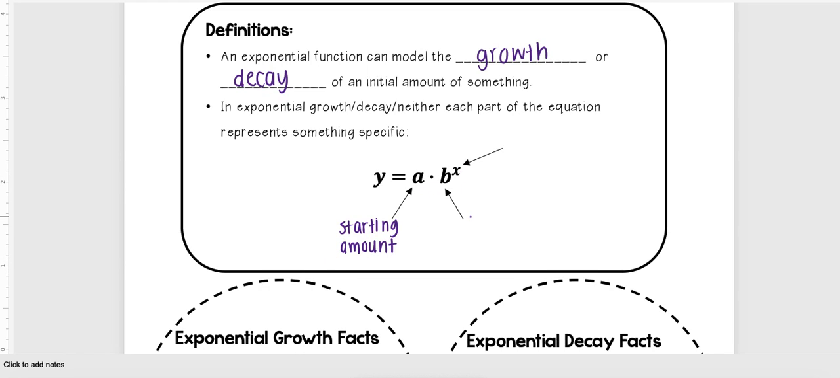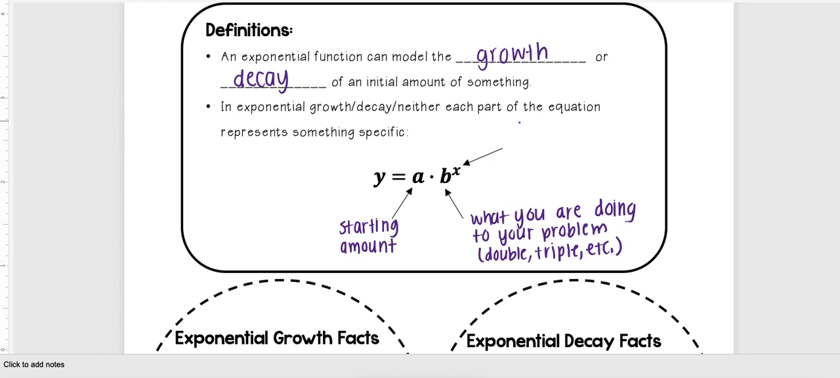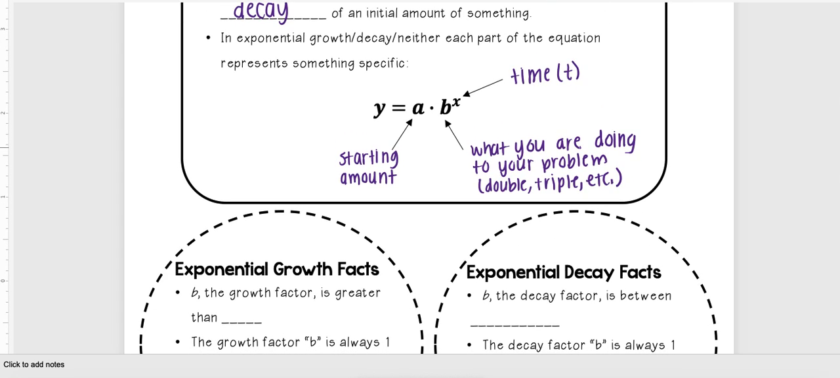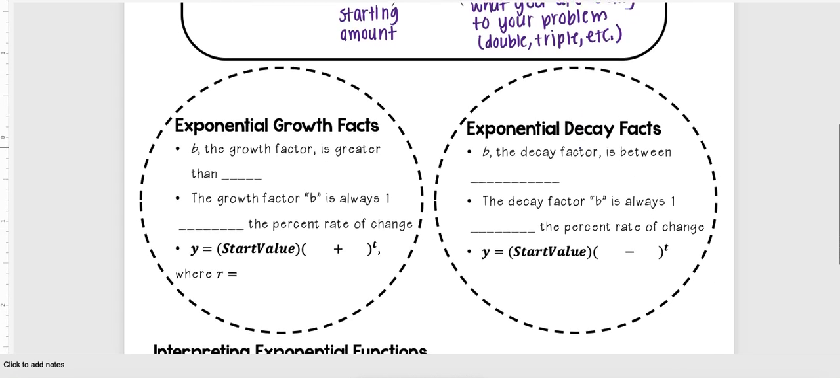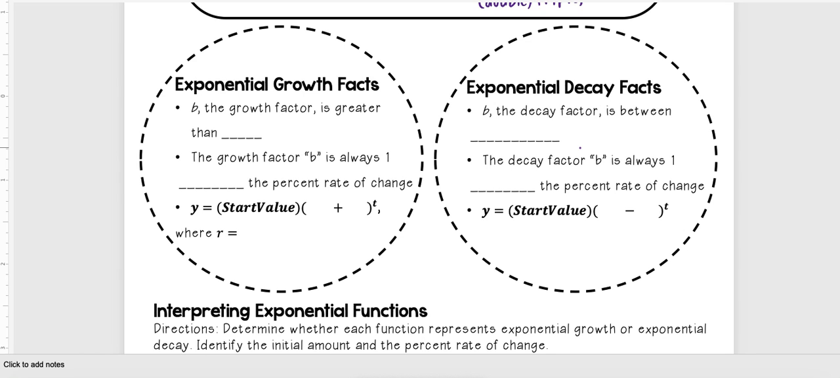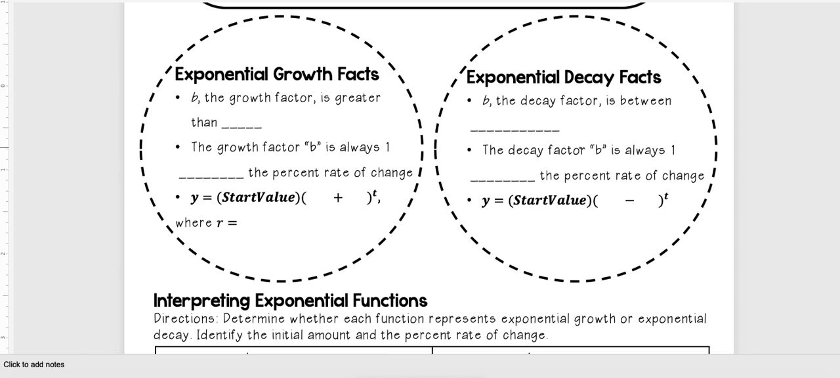B is what you are doing to your problem. So what I mean by that, am I doubling, tripling? What's happening? And then the x is going to stand for our time, and we usually use the variable t here. And so this can look different for exponential growth and decay, especially if we're looking at a percent increase or decrease, which is what our first few application problems will be